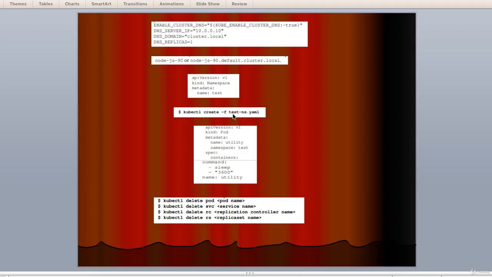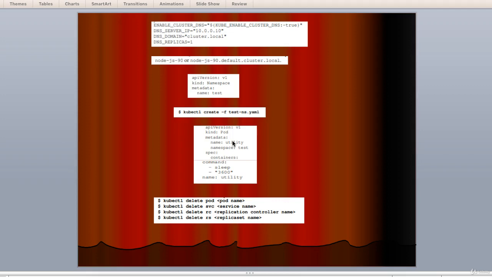Now we can create resources that use the test namespace. The following, as you can see here, is an example of a pod using this new namespace. This is the ns-pod YAML file. Now, while the pod can still access services in other namespaces, it will need the long DNS service name like service-name.namespace-name.cluster.local.